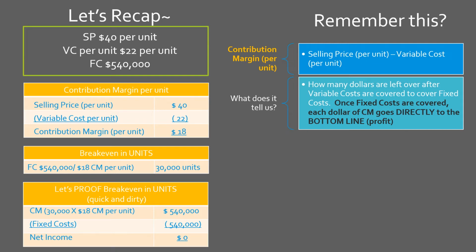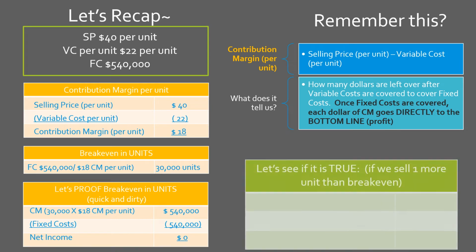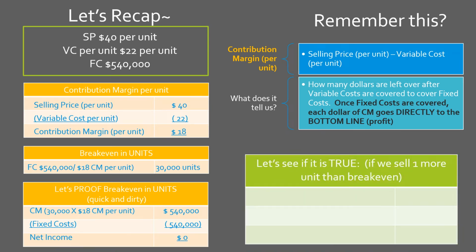So we're saying the break-even is 30,000 units. What happens if I sell one unit more than break-even? So if break-even is 30,000 units, that would be 30,001 units. Let's calculate net income now. So contribution margin. If I sell 30,001 units, with each unit contributing $18 to cover my fixed cost and then go towards profit, my total contribution margin would be